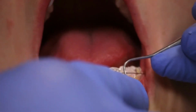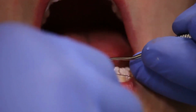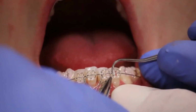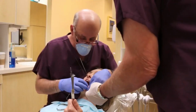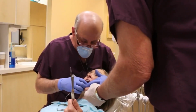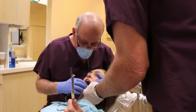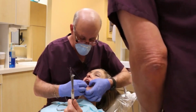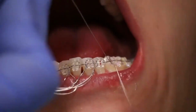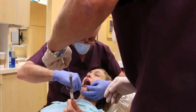I want to make sure that tie is tight, so I push. Now, with a sickle or a ligature director, we push the wire towards the bracket to gain full engagement. You do not want to have your pigtail or your twist try to push the wire. Don't attempt to push the wire like that, because the wire does not get enough deflection. There is not enough force, and you don't get enough deflection, and it will take you ages to be able to fully derotate that tooth. Use either a ligature director or a sickle so you can efficiently